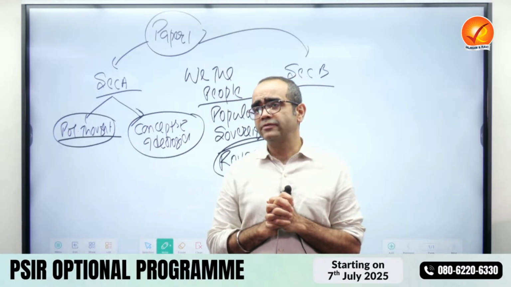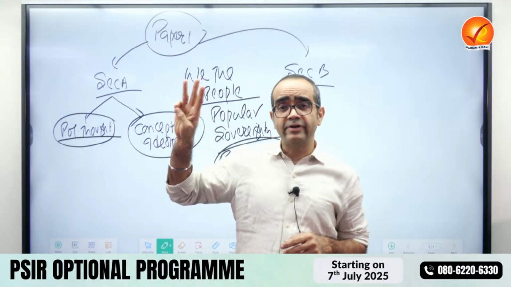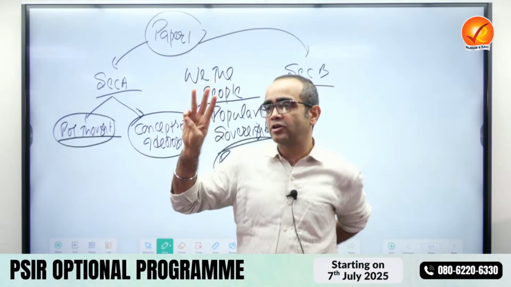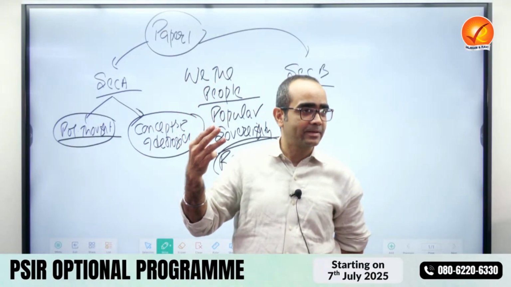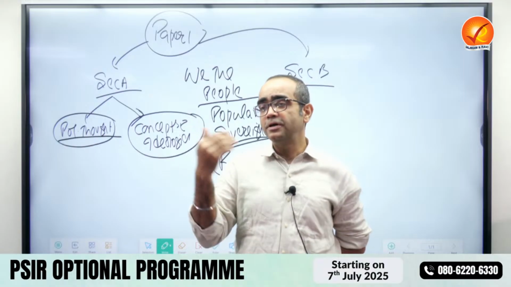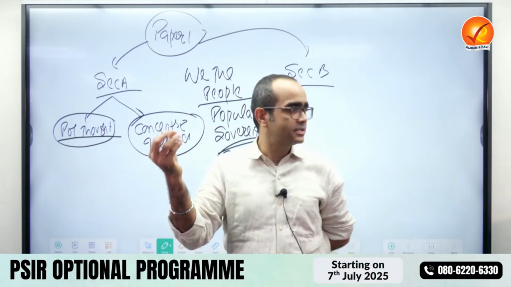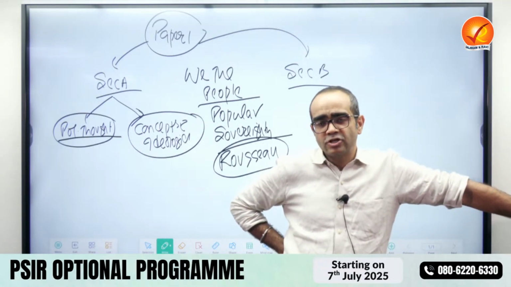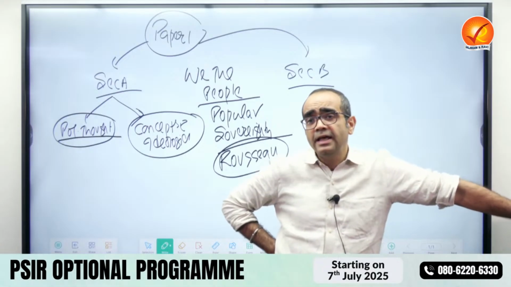What were the 3 slogans of the French Revolution? Liberty, equality, and fraternity. Have these 3 terms been included in our preamble? Yes. I hope you are familiar with the Indian preamble. Yes. Liberty, freedom. Equality. There are different kinds of equality. See, topic number 4. Does it talk about equality? And what does the equality say? Social, political, and economic.